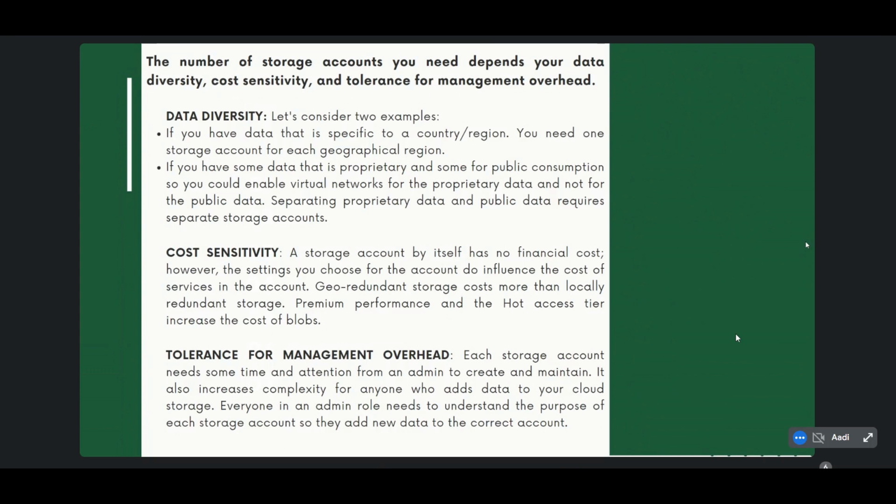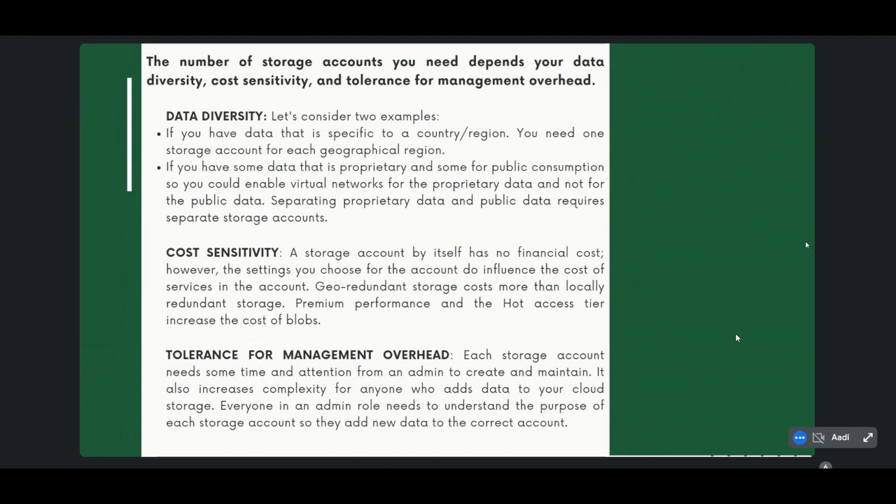So basically, how can we know how many storage accounts we need? A typical strategy is to start by analyzing your data and creating partitions according to shared characteristics, like the same location or billing. Then we can create one storage account for each partition.